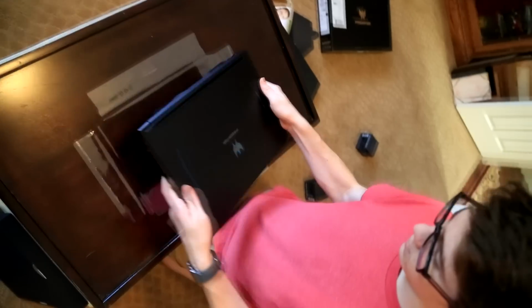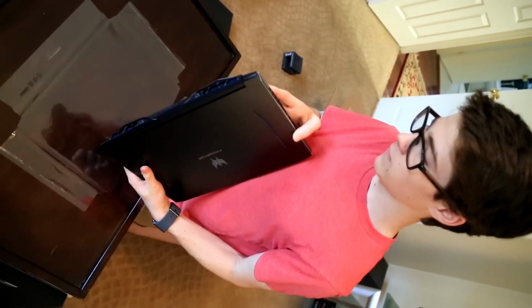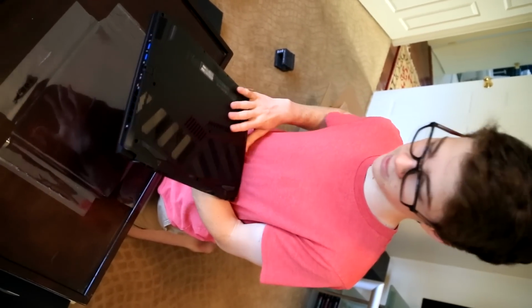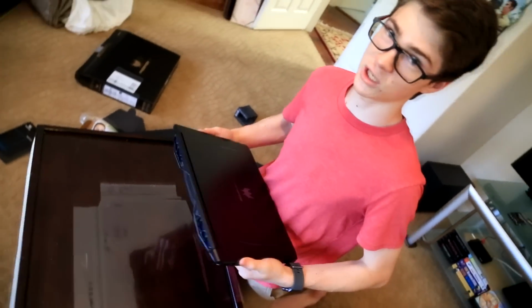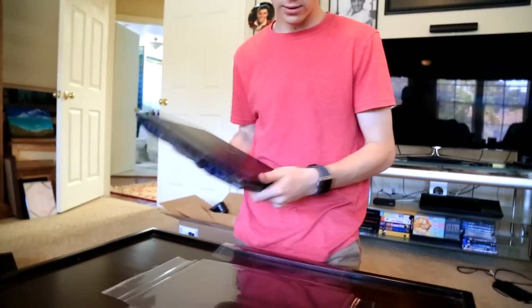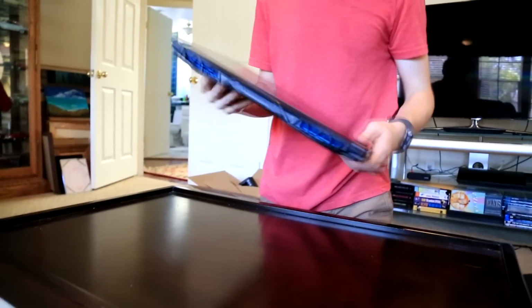Flip it over. Immediately, I noticed the metal top, very nice premium feel. On the bottom, it is plastic, but it does have a certain rigidity to it. It's not like my other laptop. It's very rigid, and it feels like it's very well built compared to my other laptop. If we go here,